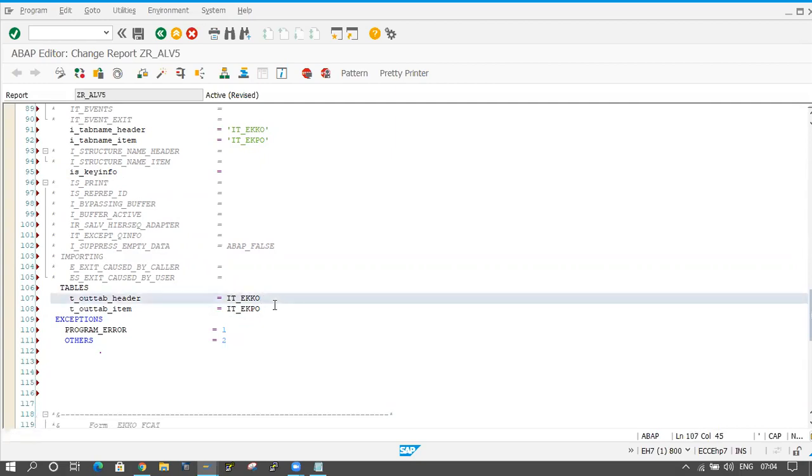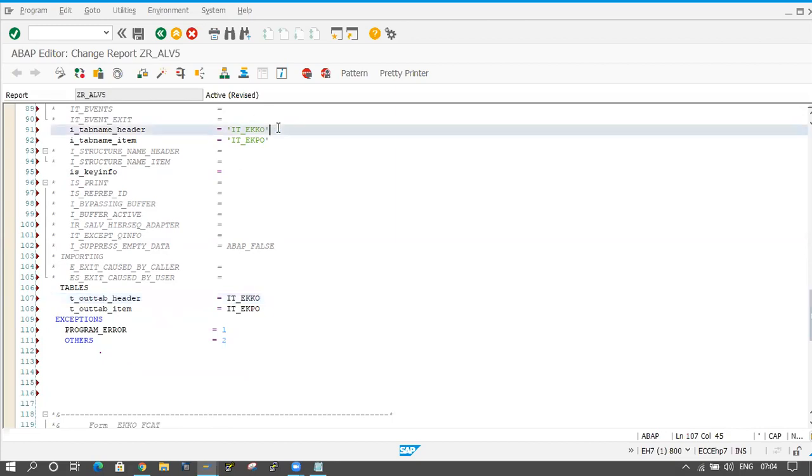Here, just observe the difference. Here directly I am passing IT_EKKO, and here in single quotation I am passing EKKO. Here directly I am passing the values, whatever values are coming in this internal table, to the function module. And here I am not passing the values, just the internal table name.